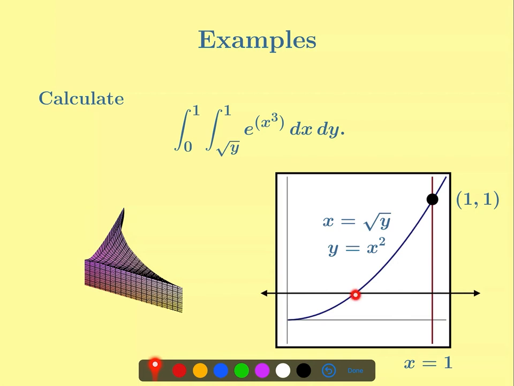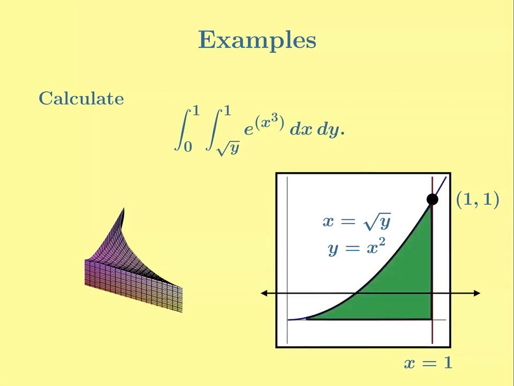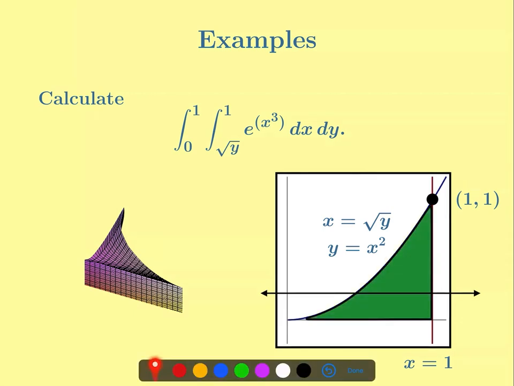So again, I draw a horizontal line, and we can see x goes from the square root of y to 1. So we're inside this region. This is the left curve, this is the right curve, and so this is the region we're talking about. Let me color that in. So this is the region we're integrating over in the xy plane, and now we want to switch the order